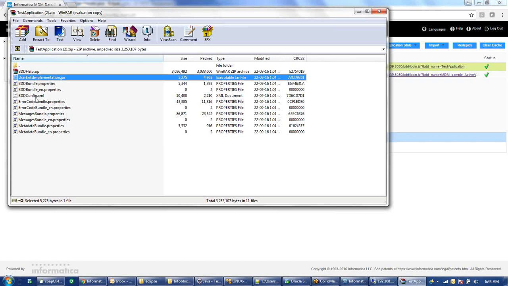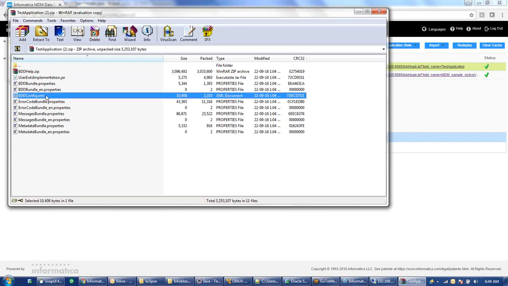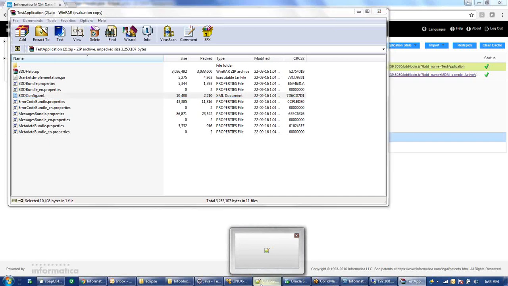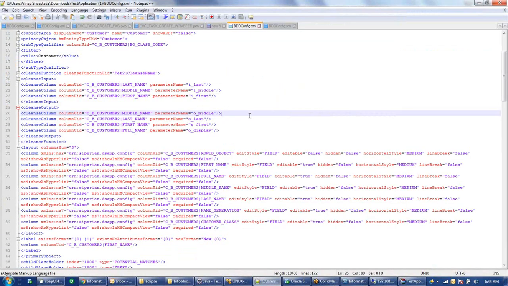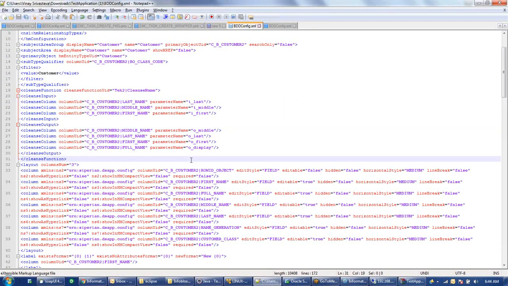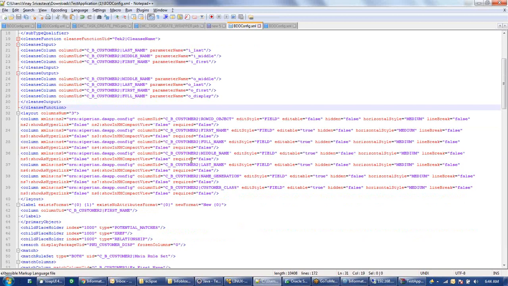Now the next thing that you have to do is open this bdd config.xml file and go to the subject area tag. For example, I have already opened it here. In this file, we need to go to the subject area tag, wherever the subject area tag is ending.